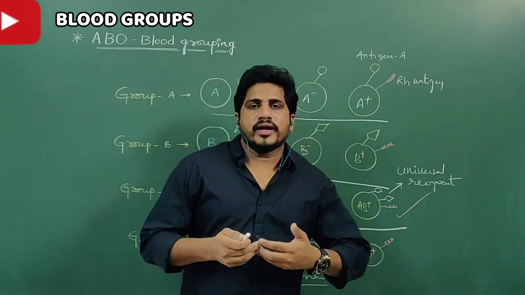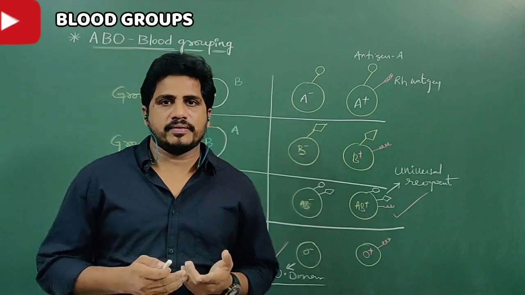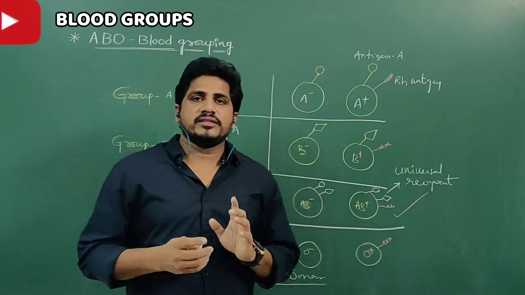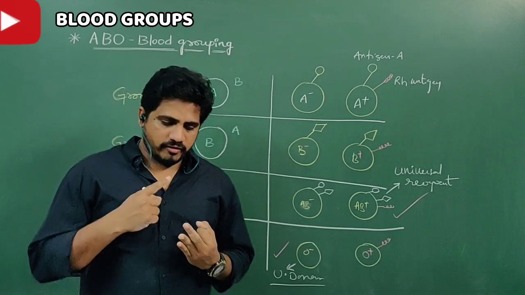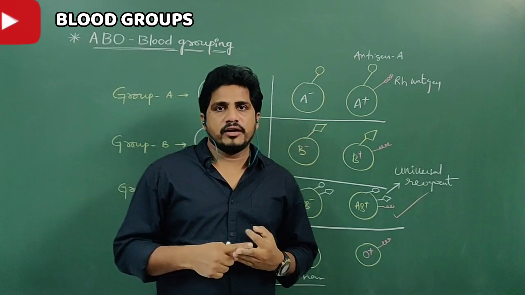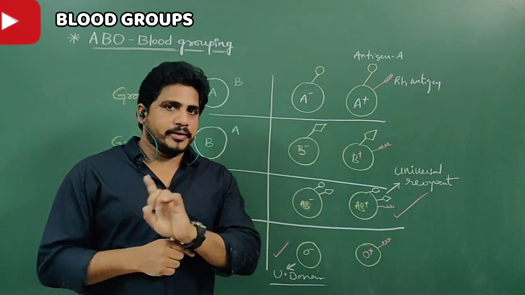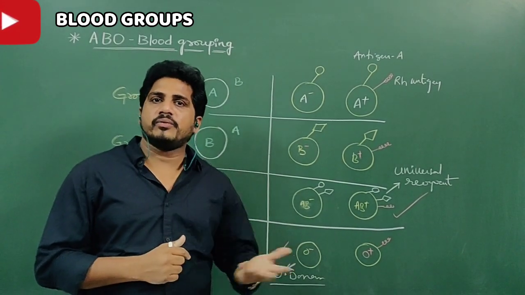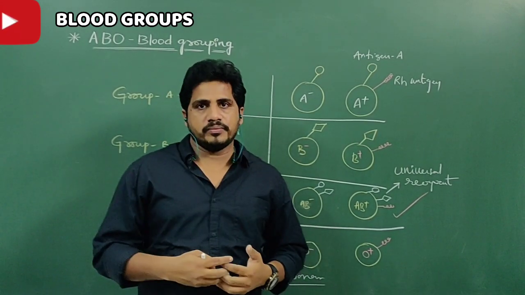So here I would like to stop the concept and I will continue the same topic in the next session. But you have to practice who discovered the blood group. What is antigen? Where is it present? What is antibody? Where does it exist? How many types of antigens? How many types of antibodies? In case of blood group A person, what is the antigen and what is the antibody? Like that, B and AB and O also.